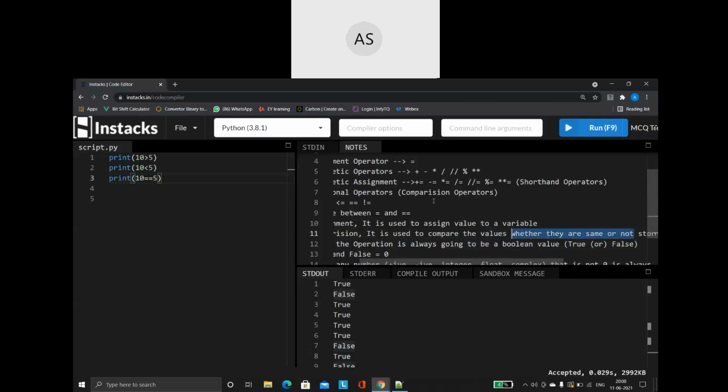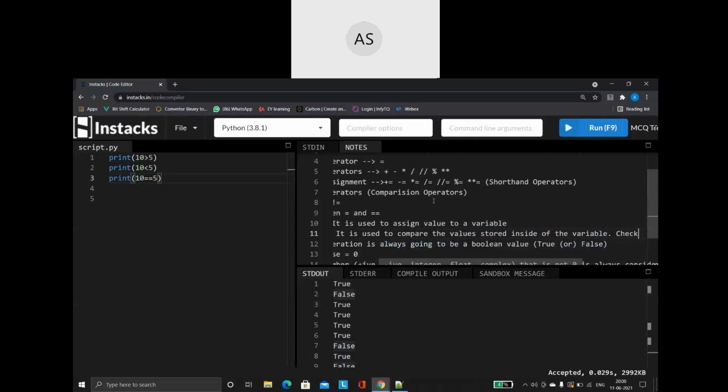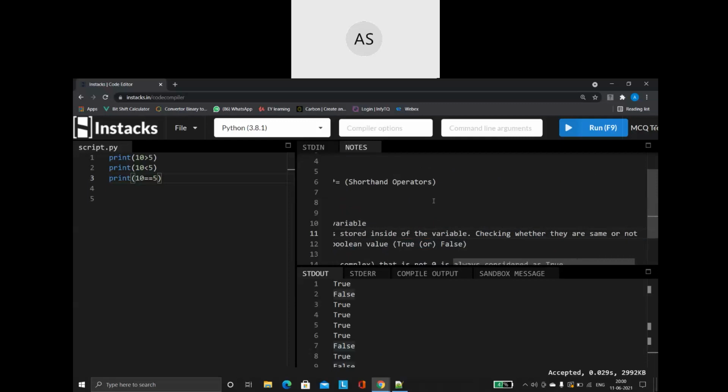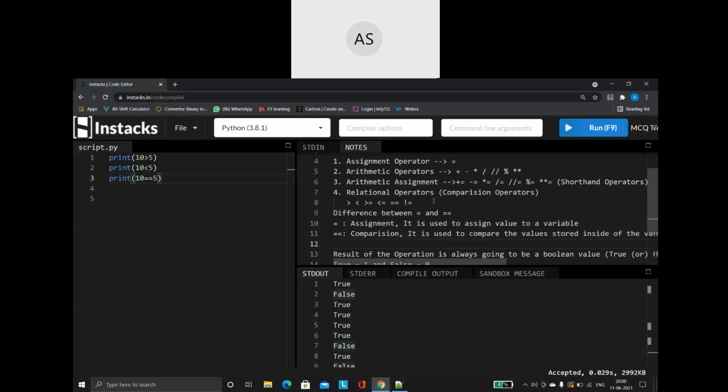It is going to do the comparison, checking whether the values are the same or not. That is the purpose of my double equals to.